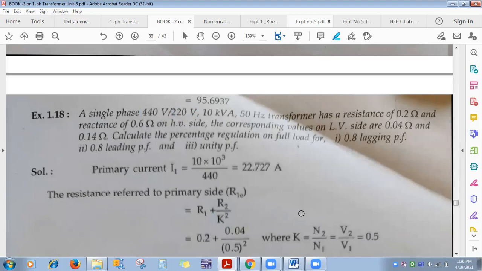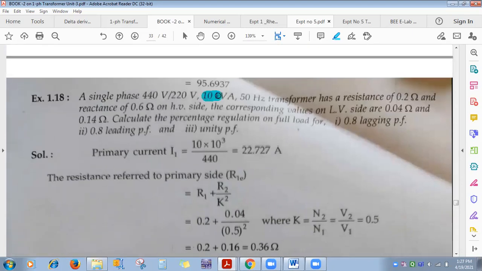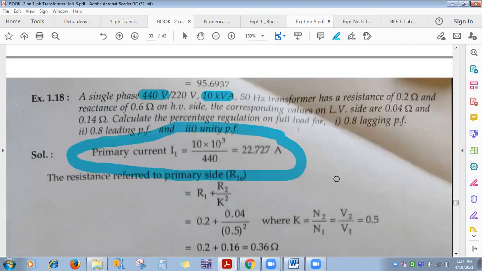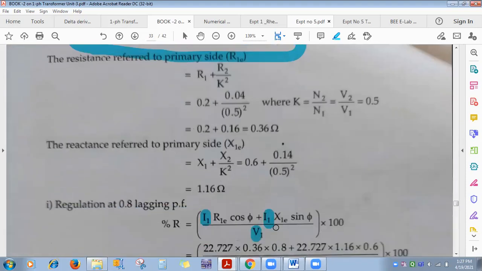Okay, so see, if you see this formula, I1 is required. So I1, we know I1 full load. How to calculate I1 full load? KVA rating into 10 to the power 3 divided by V1. KVA rating is given. V1 you know. See here, using it calculate the I1 full load. I1 full load we got, see here in this formula. V1 is already given. How much is given? 440 volt already given.